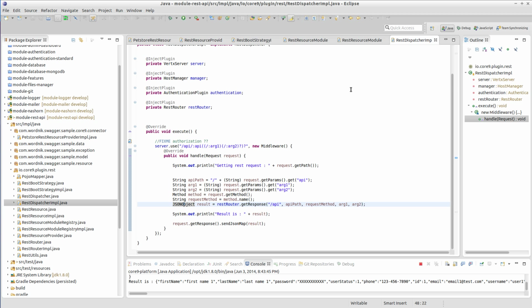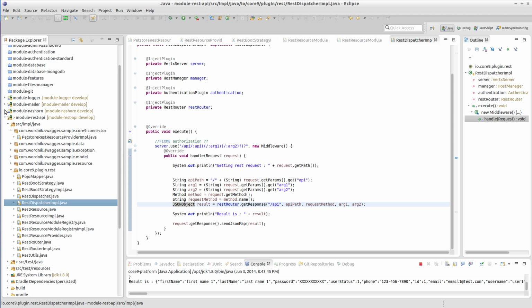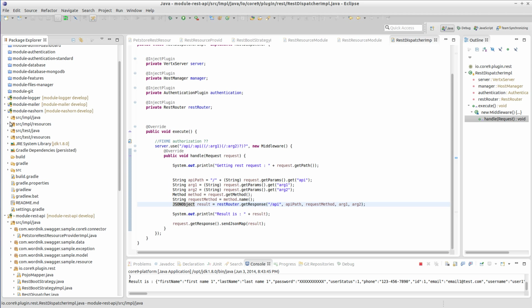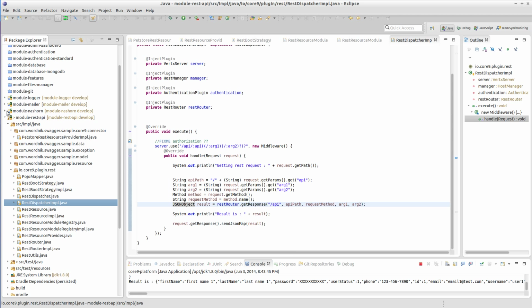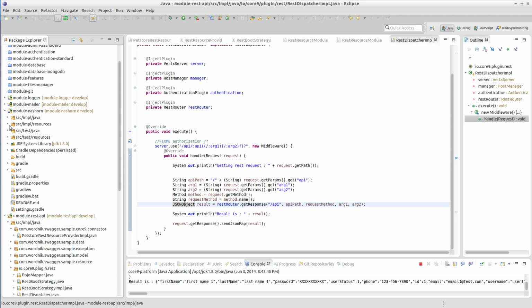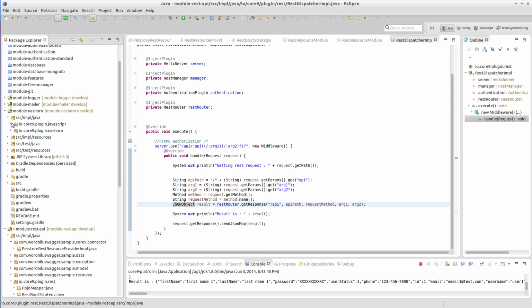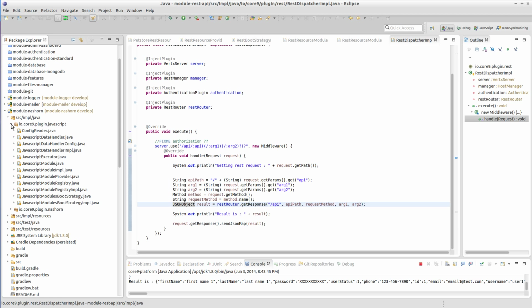So basically this is the same thing that Drop Wizard did. I basically just completely emulated the Drop Wizard functionality, but I thought, no, that's not enough. I got this JavaScript stuff going on. If you've seen from previous screencasts, I got this module Nashorn that basically reads JavaScript, and I can show you a little example code here,